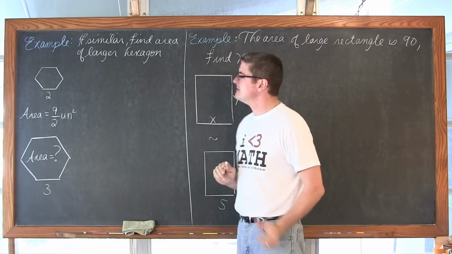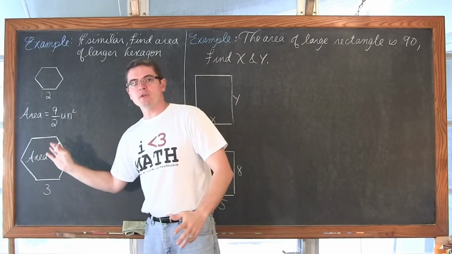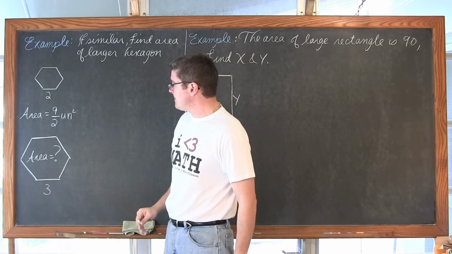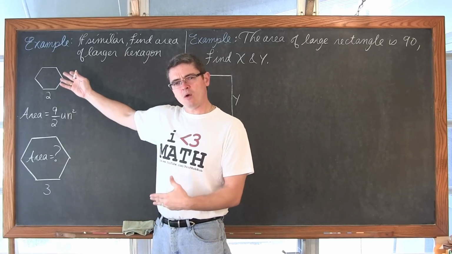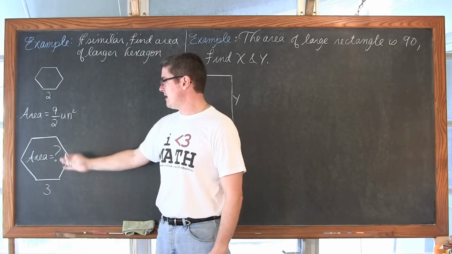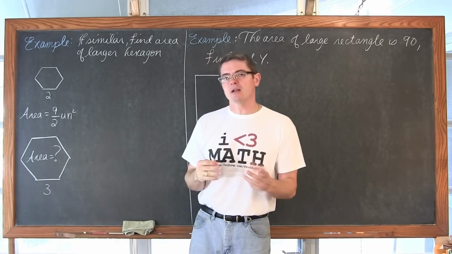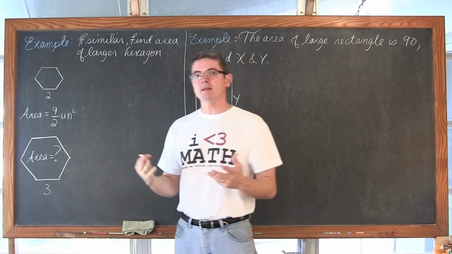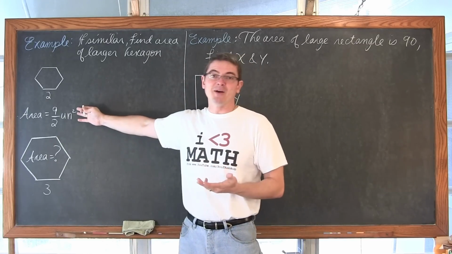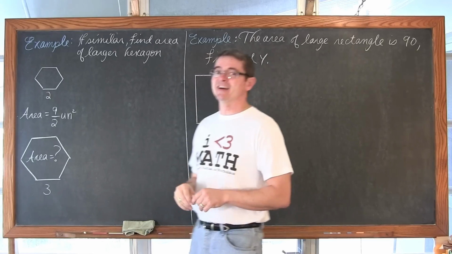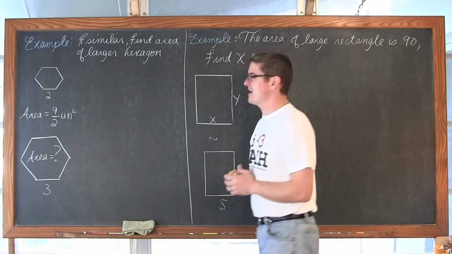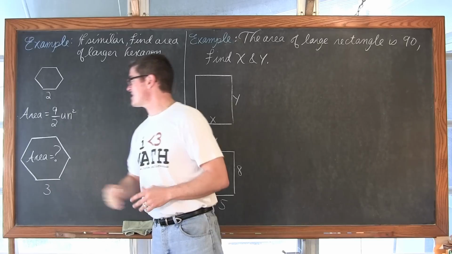Six-sided polygon. Well, I was told they were similar, and they may be regular, but I wasn't told that they were regular, so I can't just look at this side of 3 and automatically know that the area is going to be blankety blank. And I made up these areas, so I don't think they're actually regular. However, they are hexagons, okay? So this one has a side of 2 and this has a side of 3.